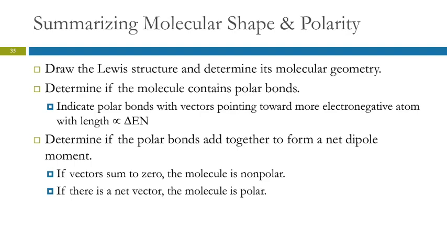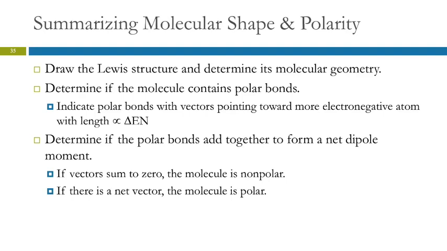So to figure out whether a molecule is polar or nonpolar, you first have to draw the Lewis structure and figure out the molecular geometry. So that's what we've just been learning about. Then you have to see, does the molecule have polar bonds? If all the bonds are nonpolar, it doesn't matter what shape the molecule is, there can't be any polarity. If you have polar bonds, then you identify them and draw the little arrows as vectors, and the length of the vector